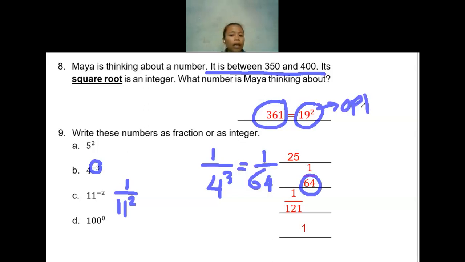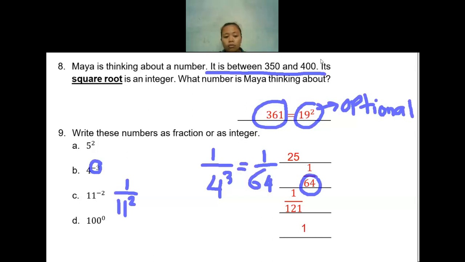Okay. Is there anyone still having any questions regarding question 8 and 9? Before I move to the next slide, it's okay if you want to ask me more questions about question 8 and question 9. Is there anyone? Okay, let me check the chat box for a while. If you have any question, please feel free to ask me. I will not get mad if you ask me any question. I think no one asked me anything through the chat box. Okay, so anything else about question 8 and 9? For those who want to ask me any question, you can unmute yourself or type it through the chat box.